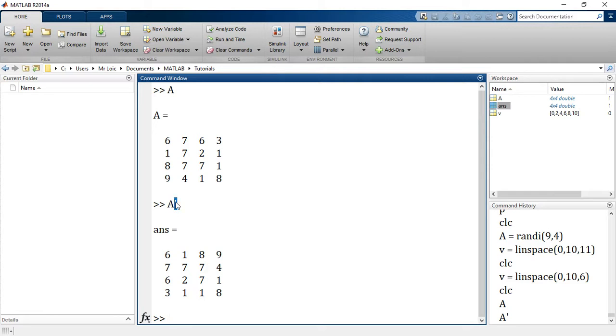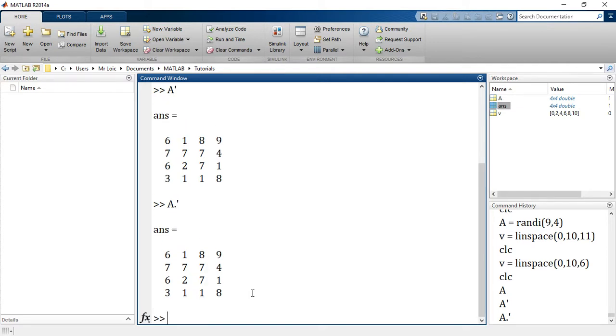So you will not want this, because if you had complex numbers included in this array, it would have done the conjugate of those complex numbers. We don't want conjugate transpose. This is what is called conjugate transpose. So what I'll advise you to use for transpose is a dot apostrophe.